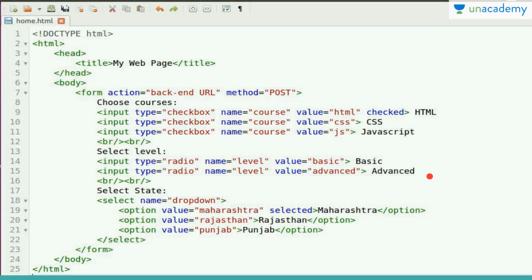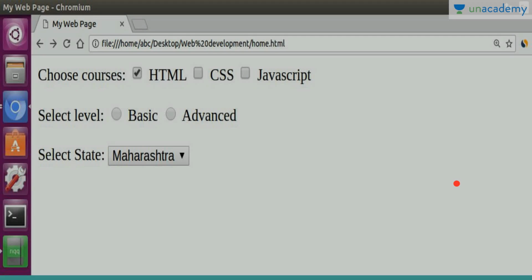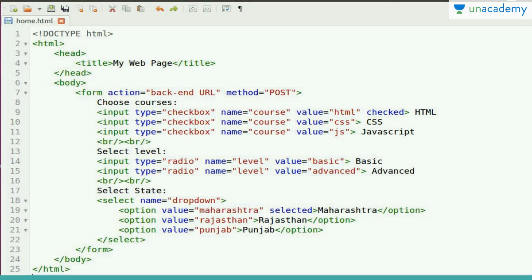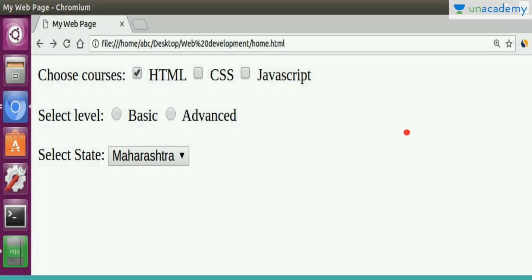Now we have radio buttons, drop down, and checkbox. In the case of a checkbox, you can select multiple elements. Radio buttons, as the name specifies, let you select any one element, and the drop down uses the select tag. First let's see the implementation. Okay, now this is our checkbox. You can select as many checkboxes as you want, and this one is already selected because of the checked attribute.